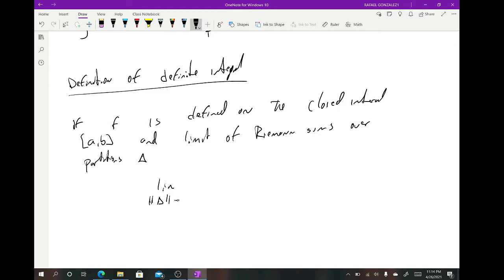So if the limit of the norm, as the norm goes to 0, of this sum, i equals 1 to n for f of c_i delta x_i. Remember here c_i is the same thing as x_k that I had prior. It's just notation wise, so they're the same actual thing. Anyway, so if this limit exists as described above,